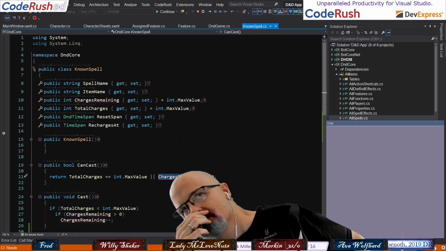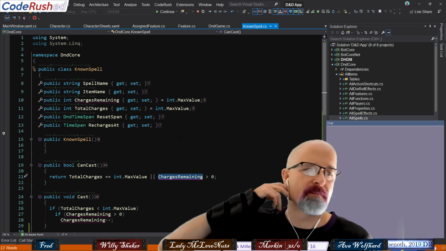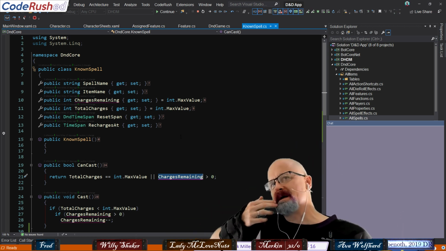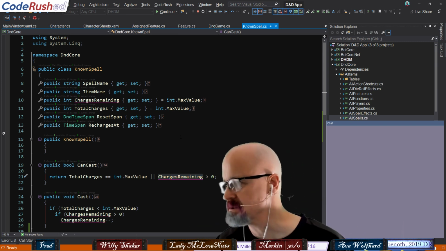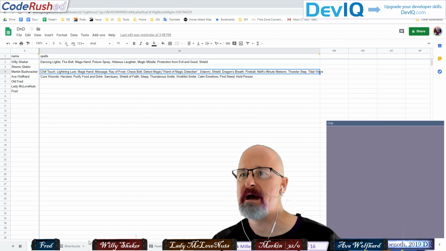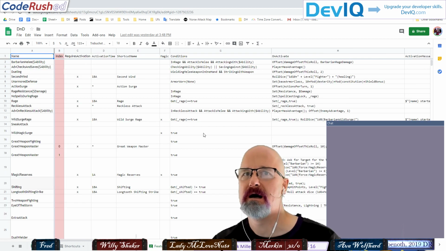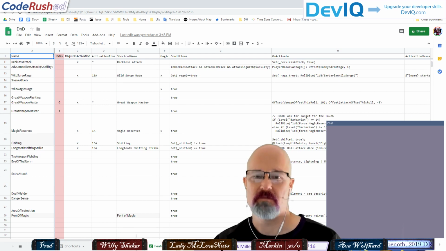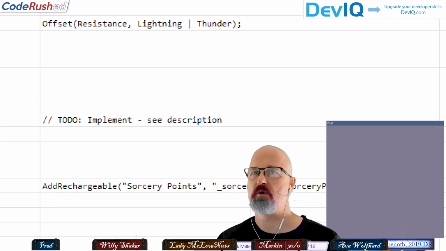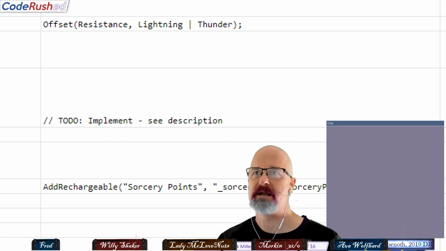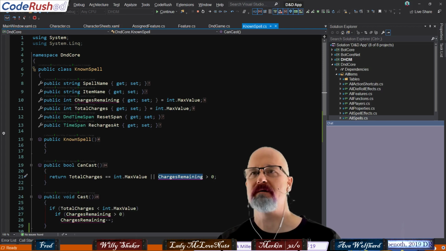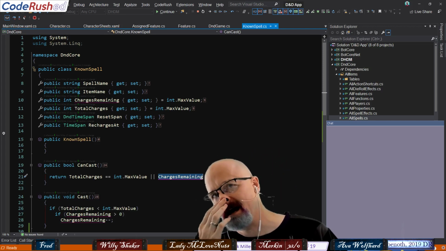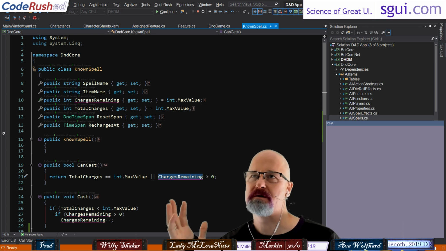I believe this is where Will would chime in with some idea of a model view. No, I don't think we can do that here, because of the dynamic nature of these. These are going to be added by expressions that we're going to be parsing. Remember, we have out here on features, add rechargeable right here. We're ultimately going to need to support this line of expression code parsed, and so we need to be able to support that, which means I don't think there's any way we can do model view in this thing yet. There might be after we get all this done.